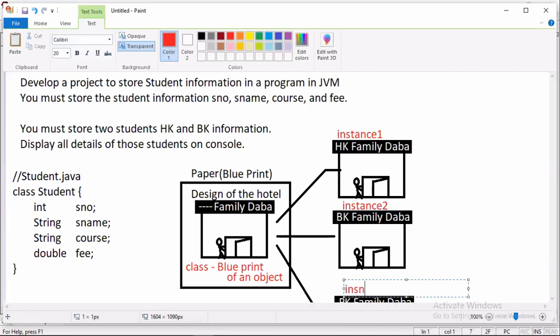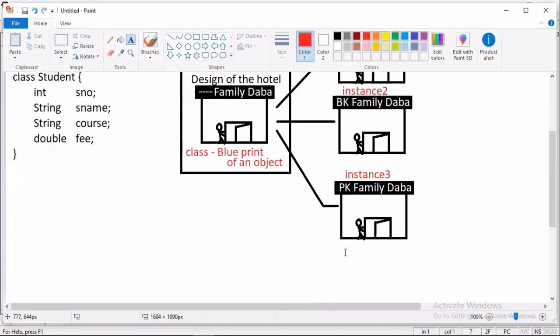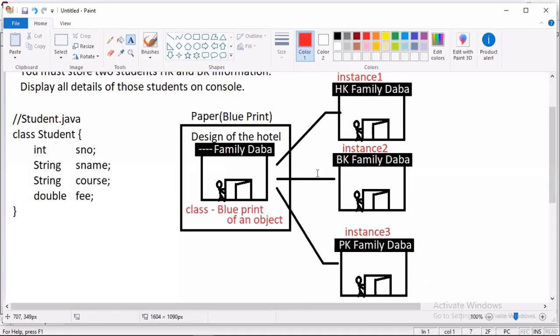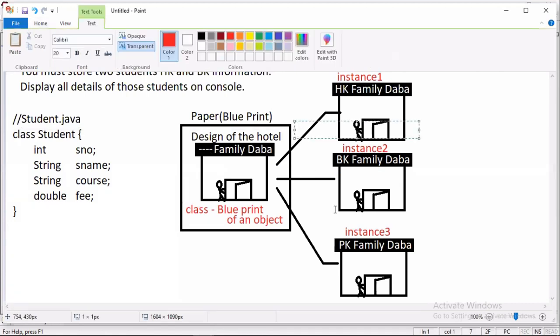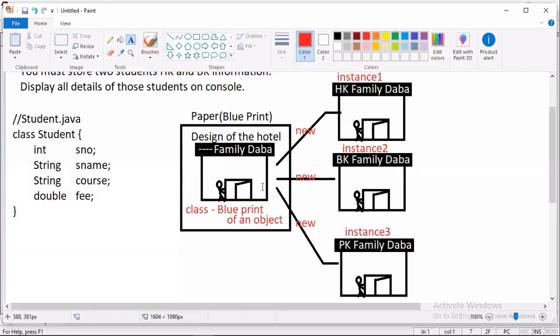And this is instance 3, third hotel. So these hotels are represented by whom? The real buildings. Those real buildings are constructed by using the new keyword, new that class, new that class. Everybody got clarity here?